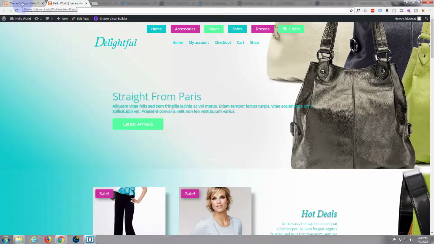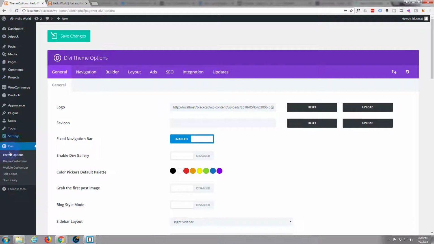So let's go ahead and go to the dashboard, and if we go down to Divi and Divi Theme Options, which is where we are now, you can put your favicon in here by just uploading it here, but you can also do it in the theme customizer. So let's do it that way. We can change our titles there also. So if you hit the theme customizer,